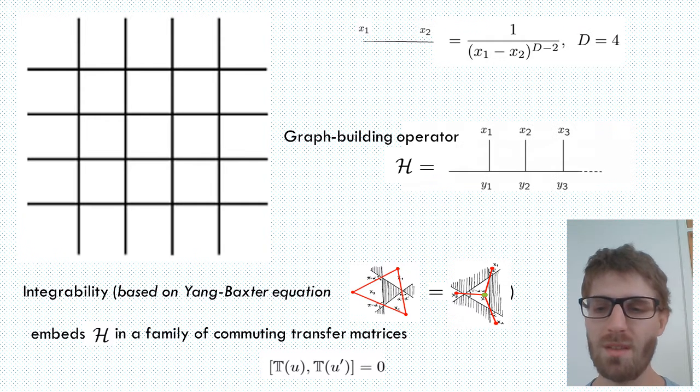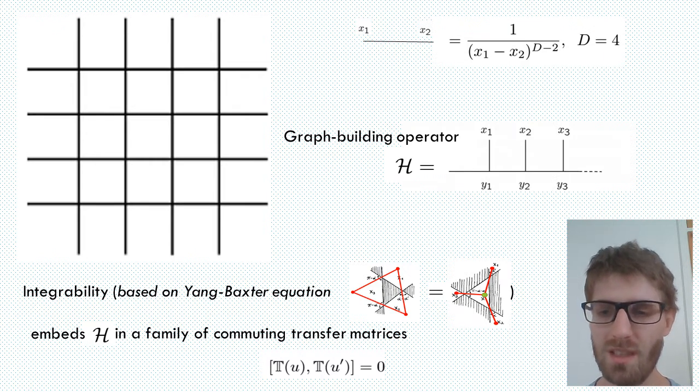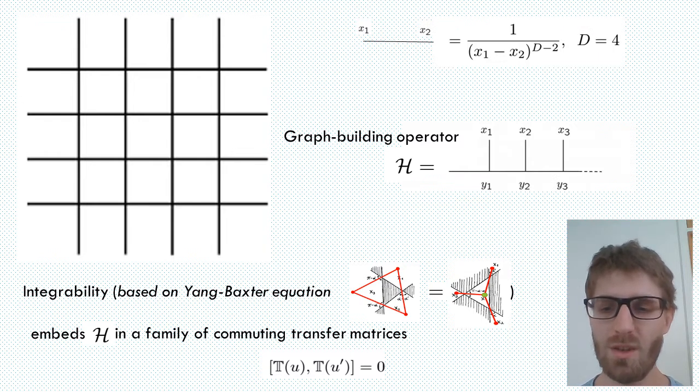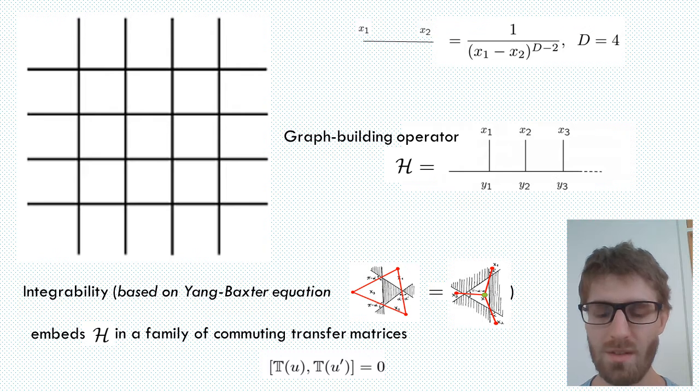They are built as a square lattice of massless boson propagators in 4D. This network is generated iterating a graph-building operator, which will play an important role. It is an integral operator because we need to integrate over the vertices, which carries us from one row to the next. The property of integrability descends from the validity of an algebraic relation known as the Yang-Baxter equation. I will not try to be detailed, however, it is illustrated in a picture and it comes from an integral identity called the star triangle relation.